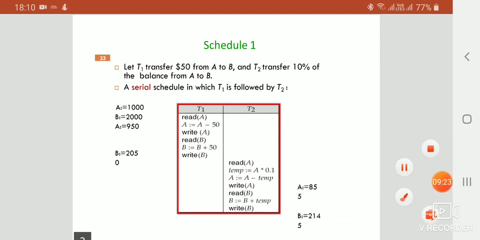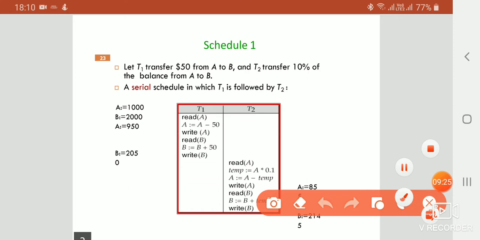So see here what is happening. Suppose A is equal to 1000. Initially A has $1000 and B's account has $2000. In the first transaction, we transfer $50 from A's account to B's account. Read A means it reads 1000.